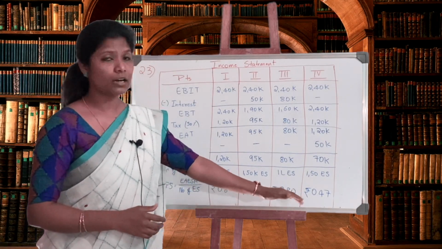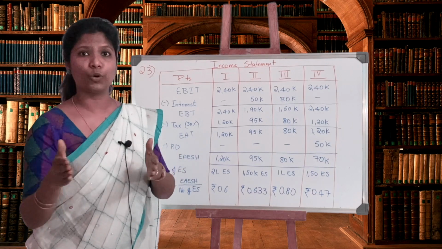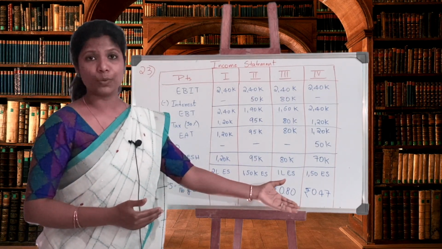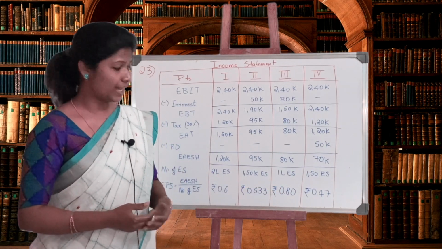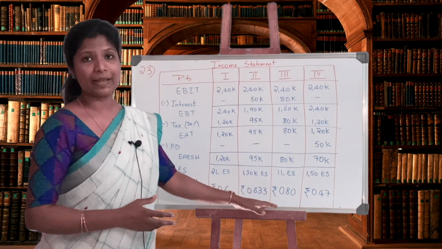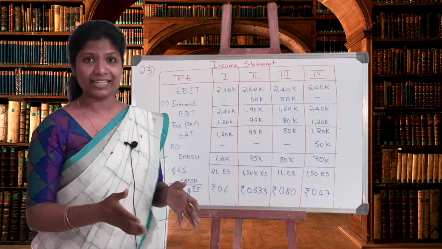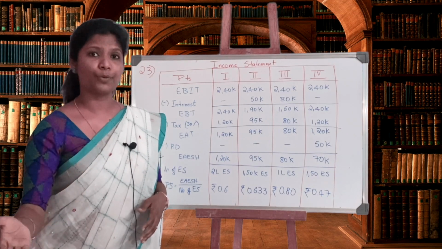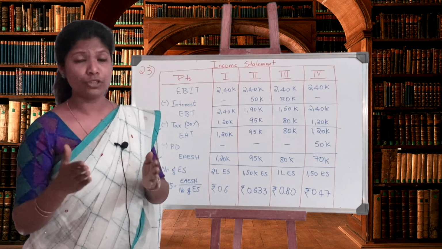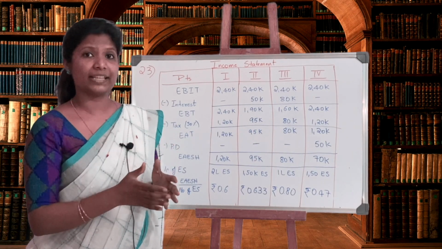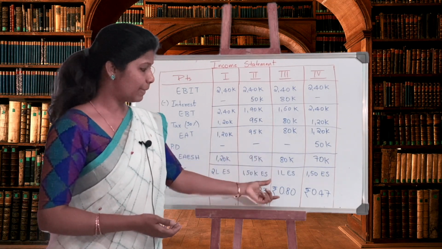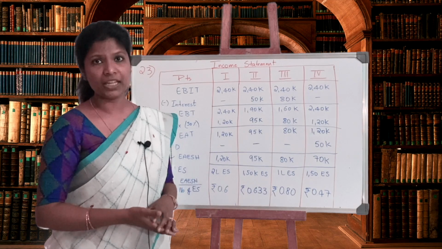When we look at the earnings per head for the equity shareholder, how much will he get? The maximum amount is under plan number 3, that is 0.80. Is that clear? So this is the plan which is best for the company. Reason being, it is most profitable, or the maximum earnings will go to equity shareholders. So we need to focus on the earnings available to equity shareholder per head, not as a whole amount, but per head how much is it arriving to.